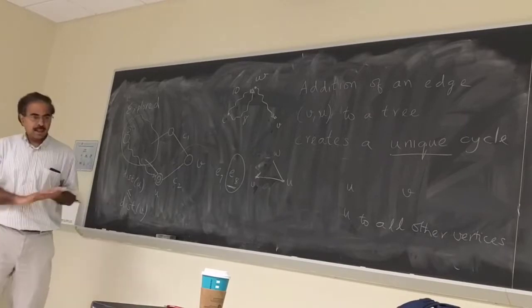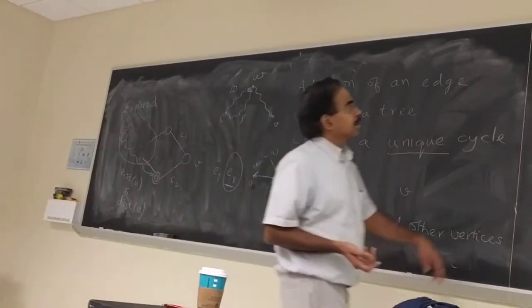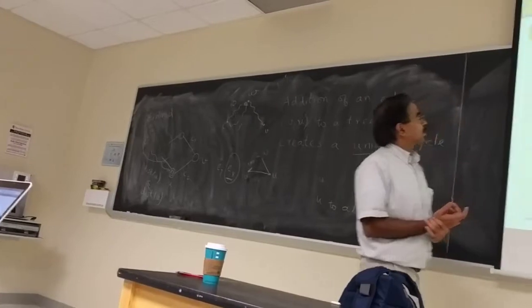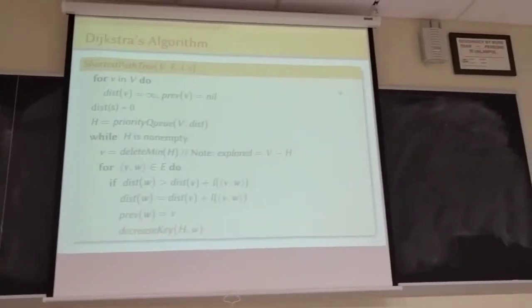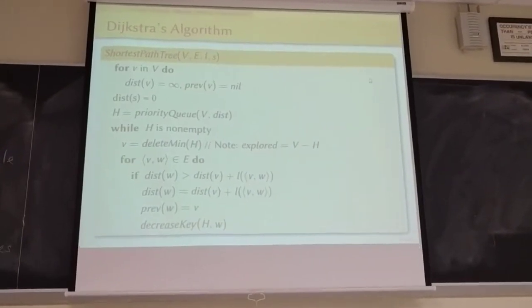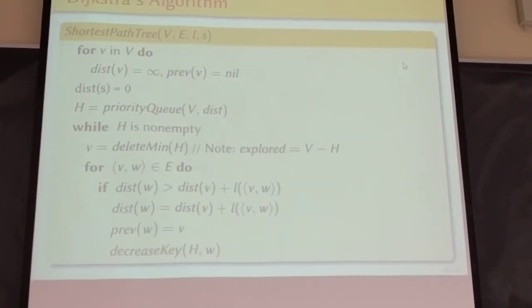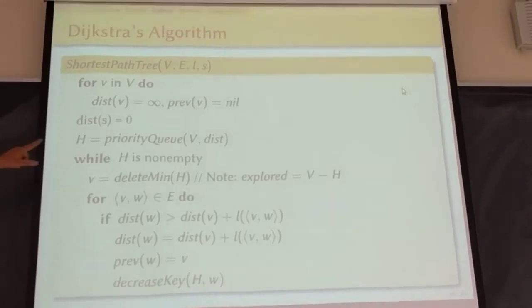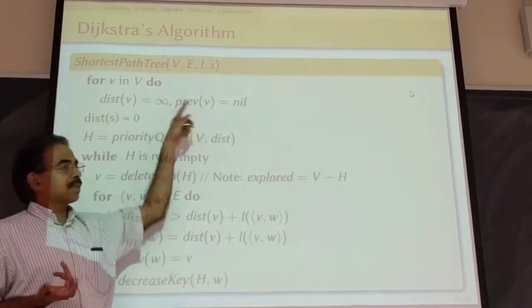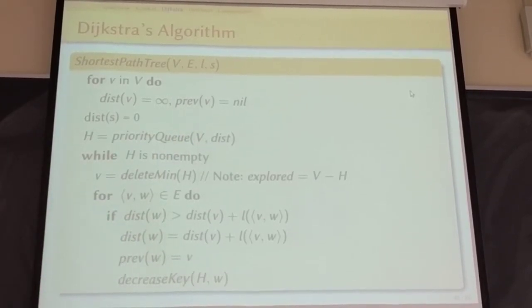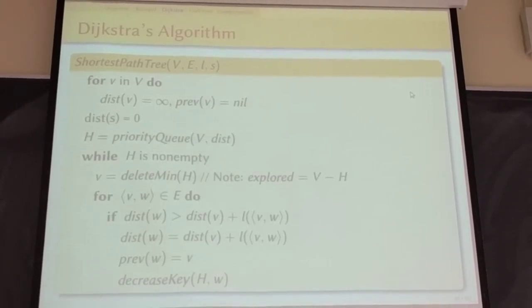So this is why the algorithm is like this. So we initialize the distance to infinity for every vertex other than the source, because at the beginning we haven't computed the distance to any vertex other than the source itself. So we're going to set dist S equal to 0 and dist equal to infinity for everything else, okay? Now, previous is the field that we are going to use to keep track of the shortest path tree, right? So every vertex is going to have a previous that's going to tell you the tree edge in the shortest path,